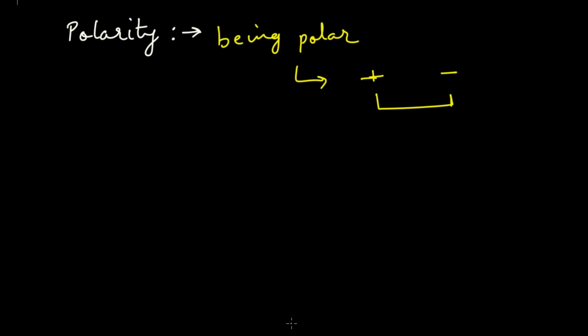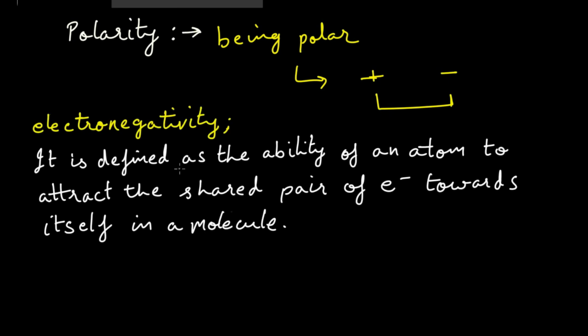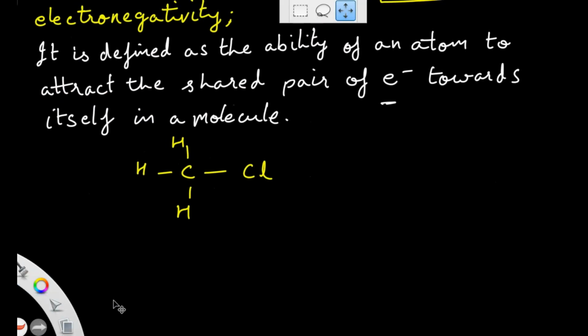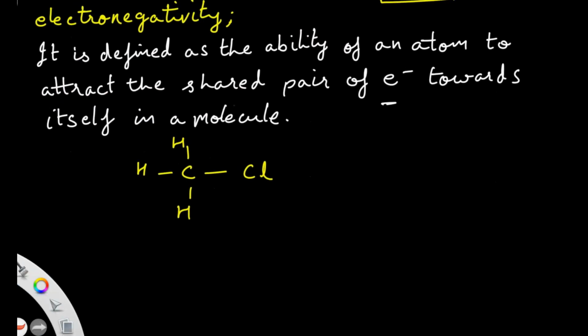The second term was electronegativity. Electronegativity is defined as the ability of an atom to attract the shared pair of electron towards itself in a molecule. Let us consider an example to understand this. Let there be a molecule like this. It's a simple molecule. Let's move it a little bit. Now, in this particular molecule,